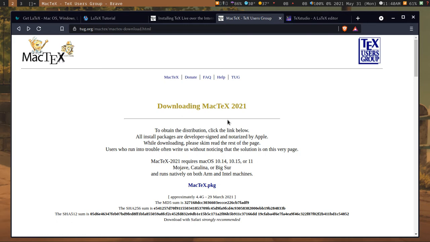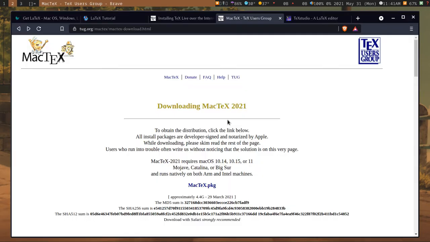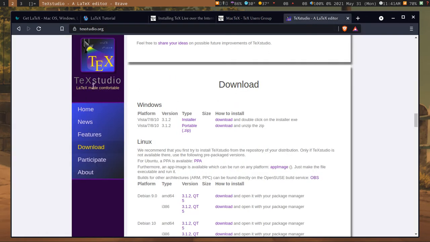Okay, Mac OS system. So after this, if you are on Windows, for editing LaTeX files and compiling them, I highly recommend going to TeXstudio, and this is a program for writing LaTeX documents.